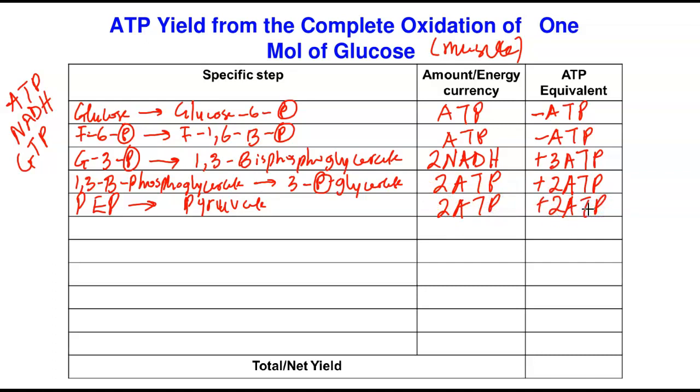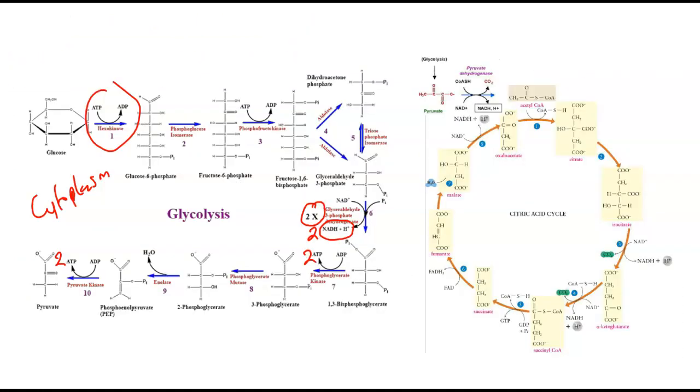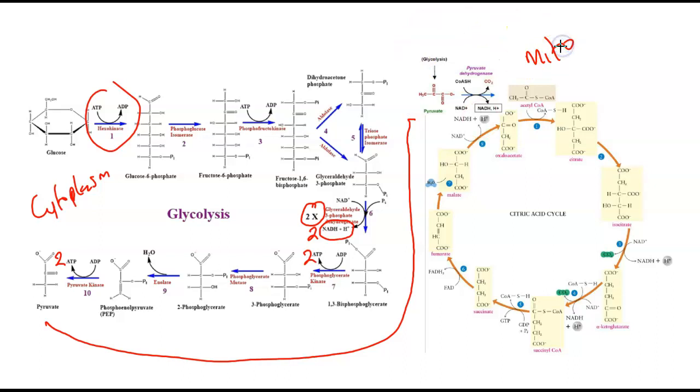Now, we're not yet done. Now, this is what happens in the cytoplasm. Remember, this is all that happened in the cytosol. Every other reaction will be taking place in the mitochondria. Remember, because the next thing that will be happening, let's go back to that. At this point, pyruvate moves and is broken down. Remember, everything here is happening in the mitochondria.